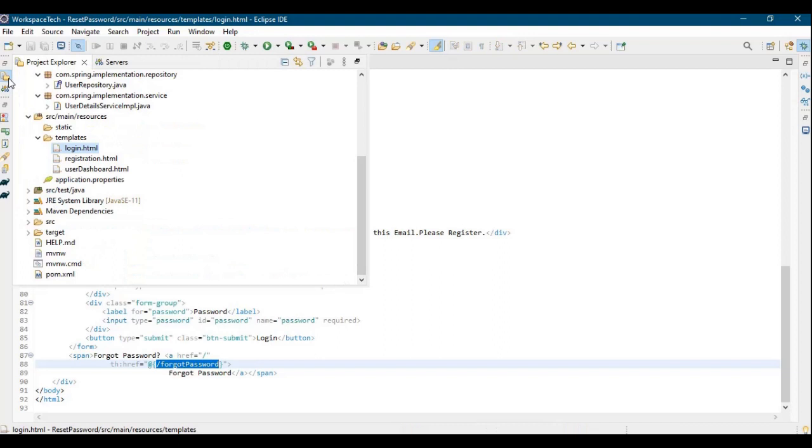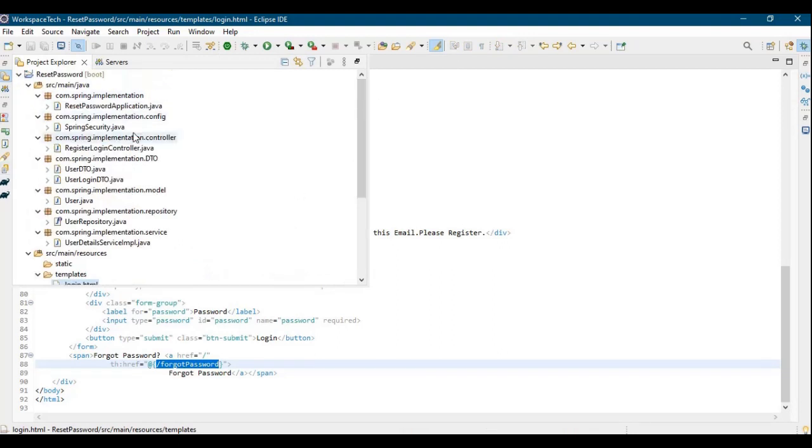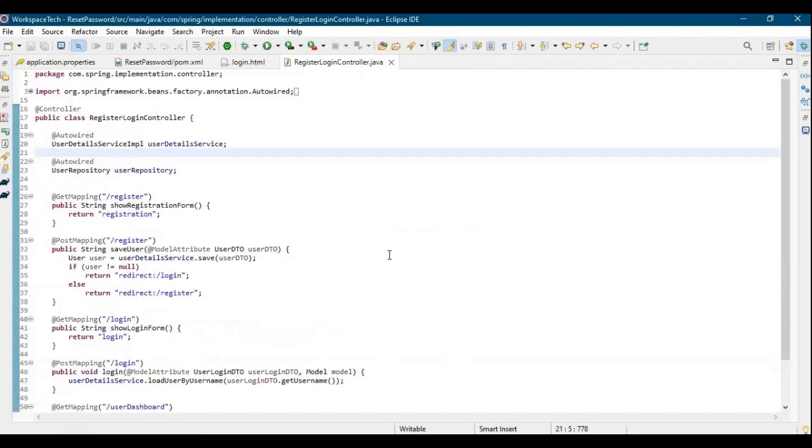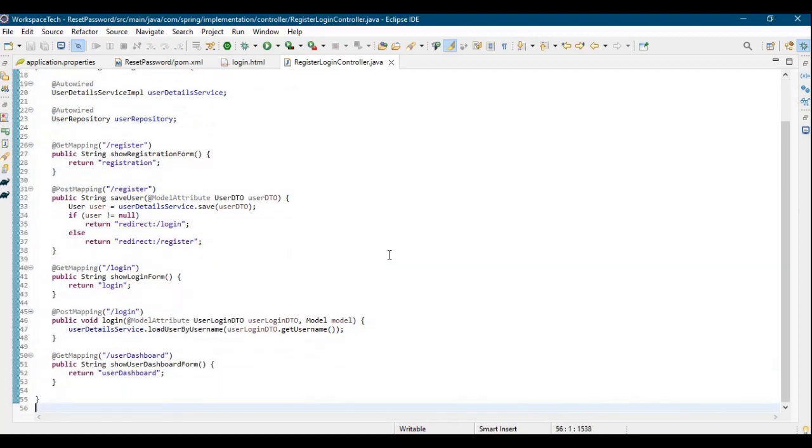So if we go into the controller, we can govern our whole application through the login and registration controller, as we are only governing the entrance part of the application, right? We are not doing any transaction or any process in the application. We are still dealing with the login and registration. So that's why I've made a single controller of login and registration, and we'll do everything in this controller only,